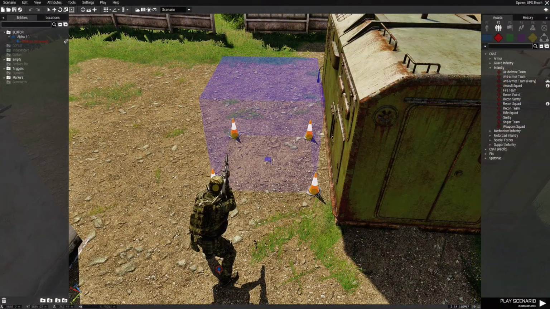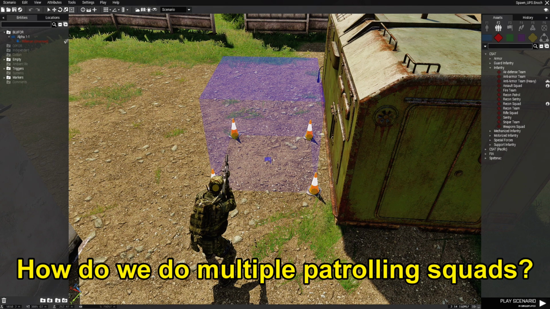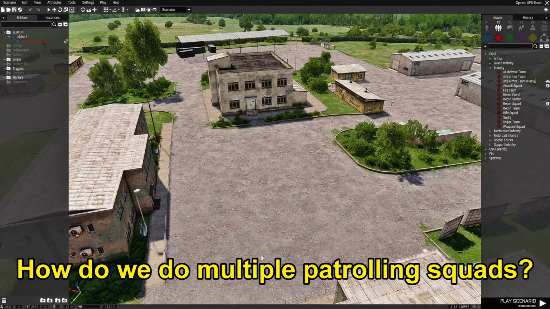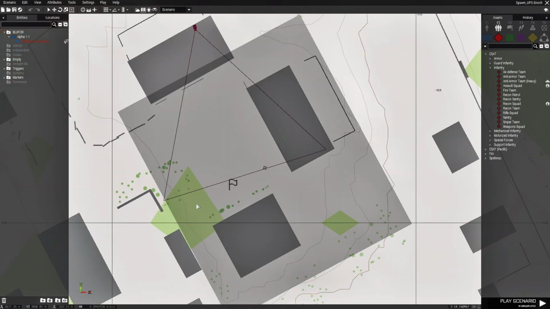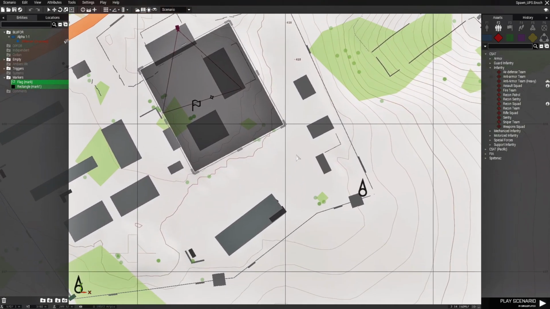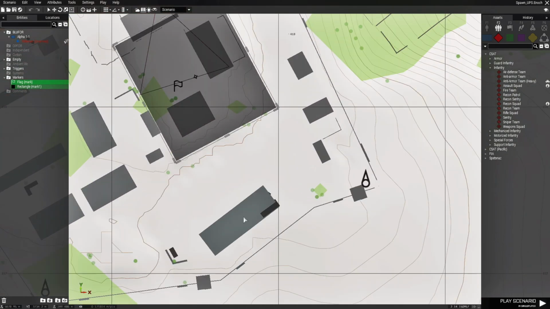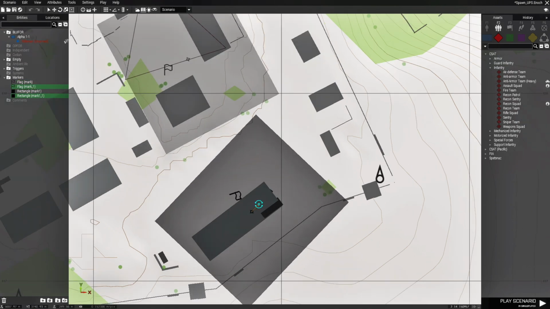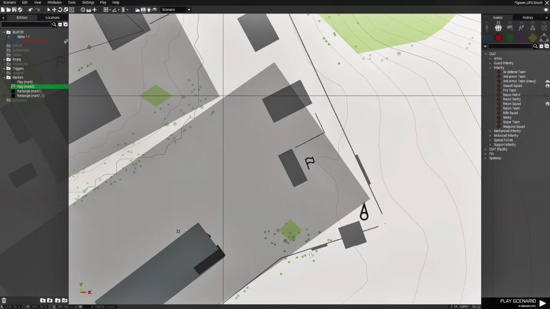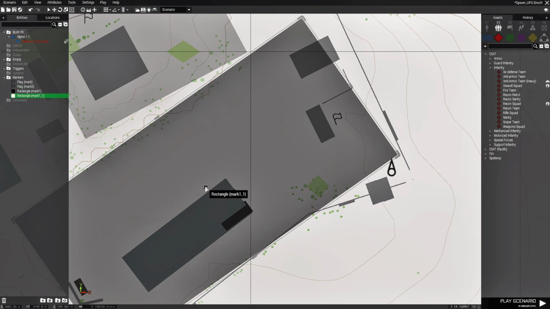Now here's a question that one of you might ask: how do we do multiple patrolling squads? Alright, so here's how we do this. To do multiple patrolling squads, we go back to the map and just copy what we got. Just highlight the marker for where they spawn and the marker for where they patrol. Copy these two, press Control C, and let's move it over here, and let's rotate it. For another squad, we're going to name this Mark 2, and we're going to name this